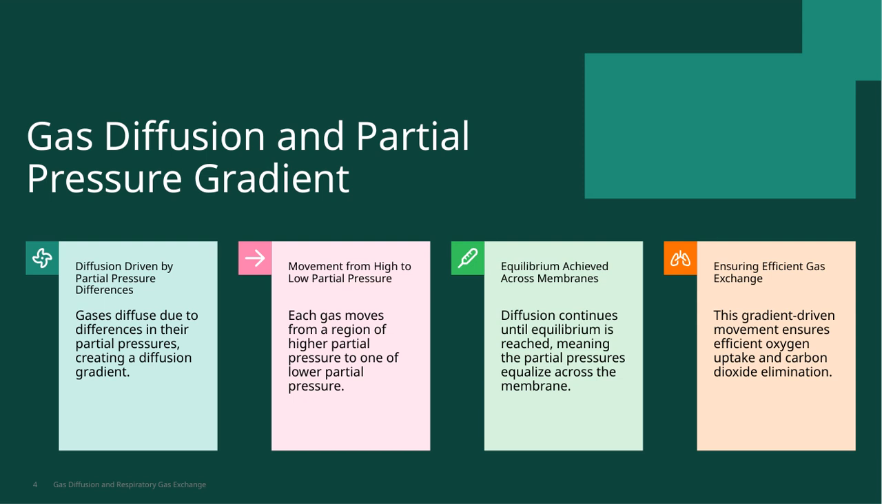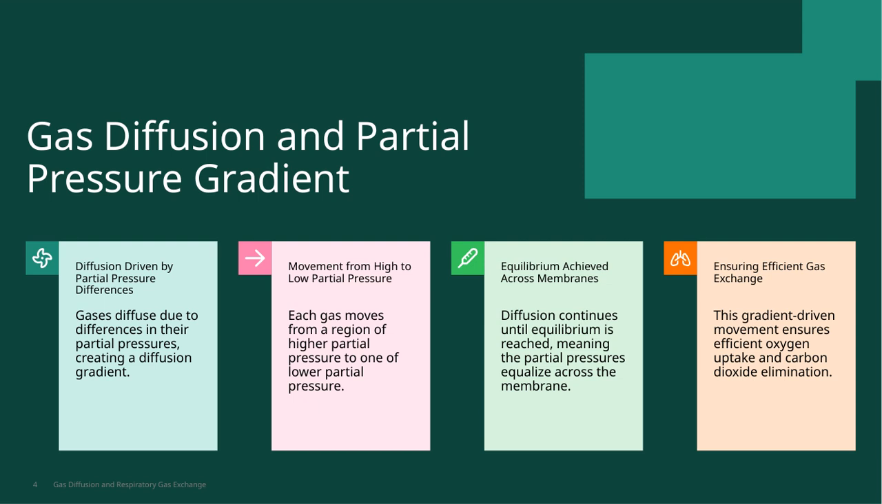For instance, oxygen moves from the alveoli, where its partial pressure is high, into the blood, where it's lower. Conversely, carbon dioxide moves from the blood, where its partial pressure is higher, into the alveoli to be exhaled. This process continues until equilibrium is reached, meaning the partial pressures of gases are equal on both sides of the